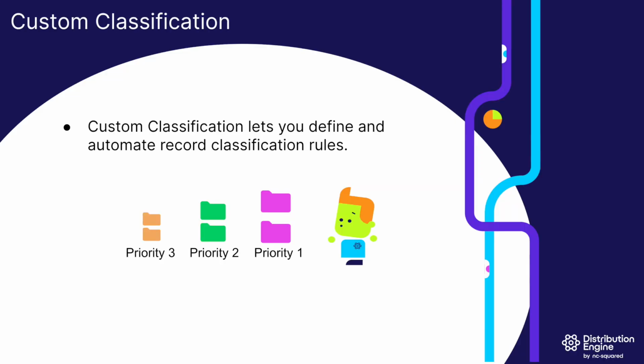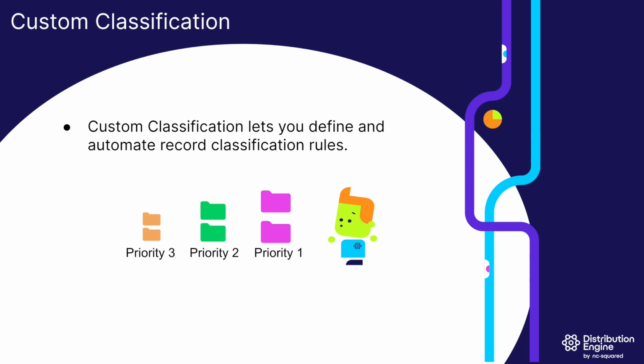In Llama, we're expanding our classifier features and introducing custom classification. Custom classification lets you define and automate record classification rules, leading to more efficient distribution. You can create groups of markers known as stamps, which can be automatically assigned to records based on criteria that